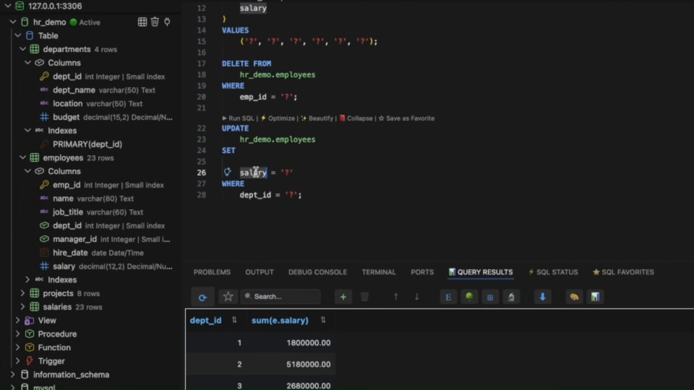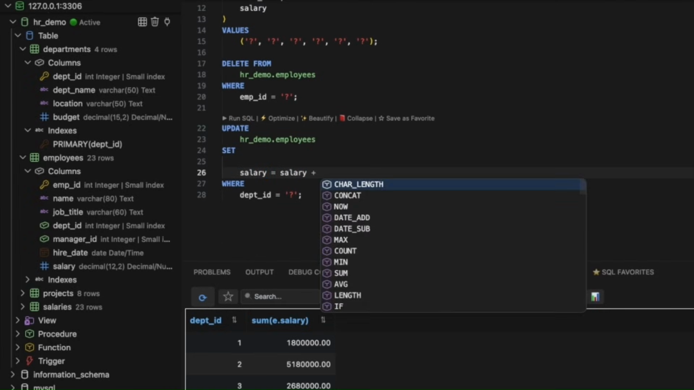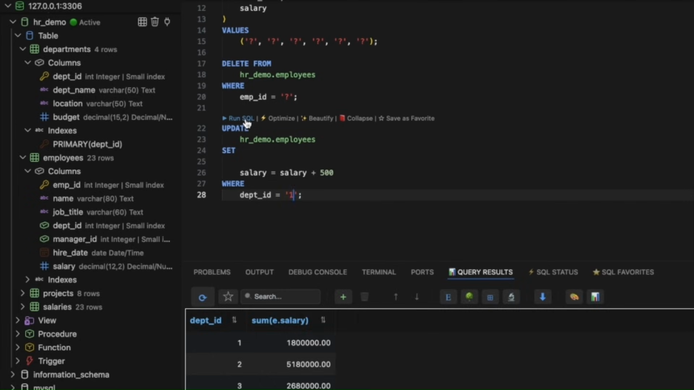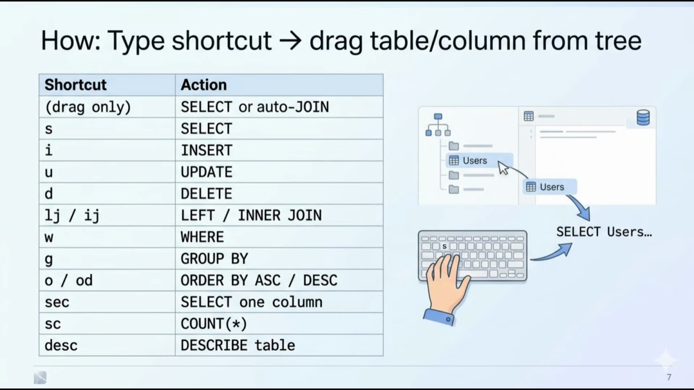SQLLens.AI instantly generates a complete insert statement for that table. Similarly, type UW, update with where, then drag and drop a table. SQLLens.AI automatically generates an update statement with a where clause based on the table's primary key. Whether you're building simple queries or working with complex joins and subqueries, SQLLens.AI helps you create accurate SQL in seconds,